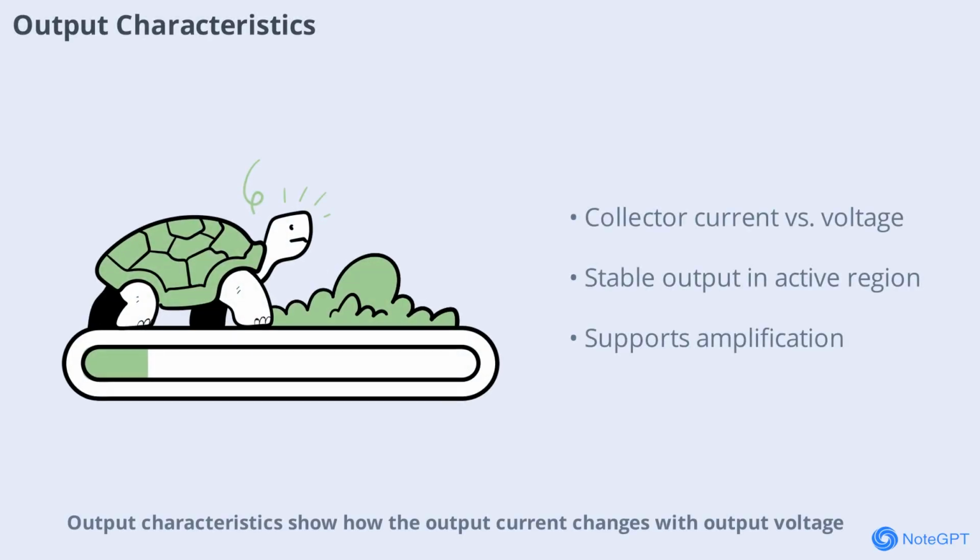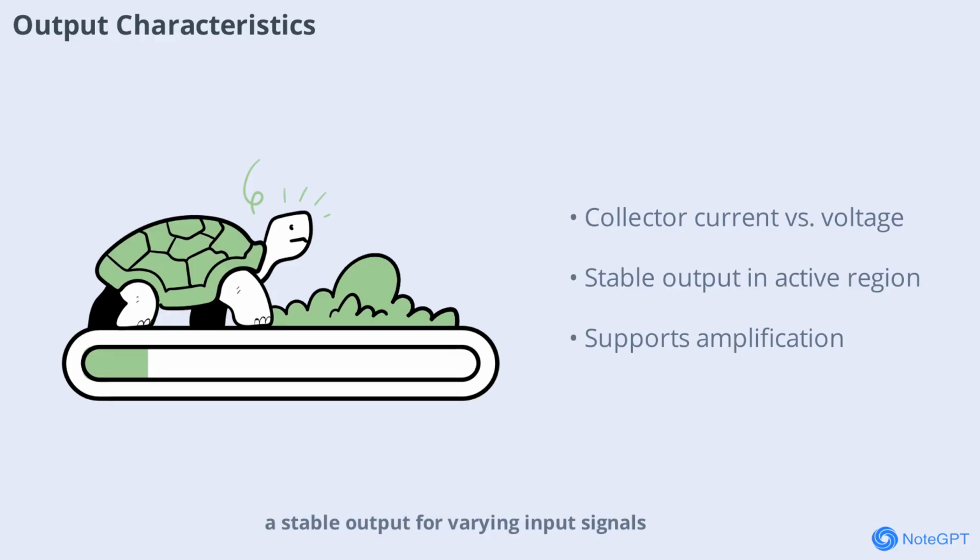Output characteristics show how the output current changes with output voltage, usually at the collector-emitter terminals, for a given base current. In the active region, the collector current remains relatively constant despite changes in collector-emitter voltage, as long as the base current is fixed. This property is essential for amplification, as it allows the transistor to provide a stable output